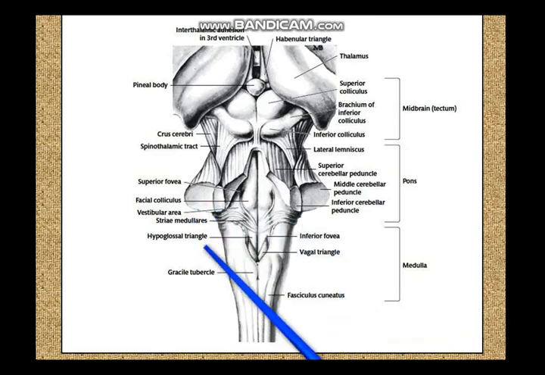So half of the posterior surface of the medulla is open and exposed and forms the floor of the fourth ventricle, and the other half is the closed part of the medulla containing posteriorly the nucleus gracilis and the nucleus cuneatus and their ascending fasciculus. Now anteriorly this part would be containing the pyramid, olive and the inferior cerebellar peduncles.